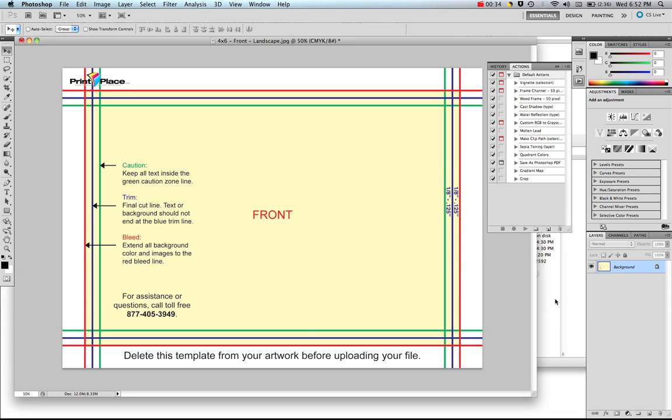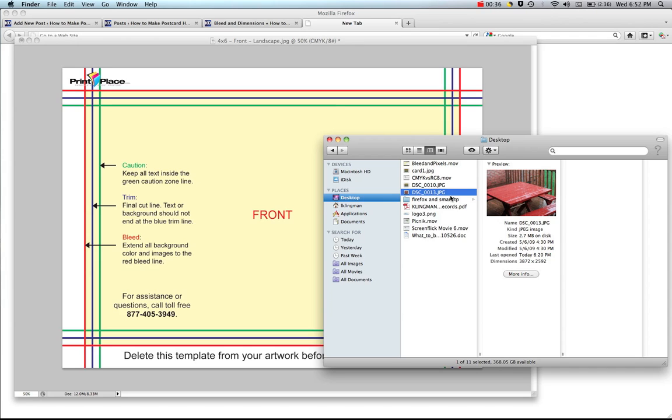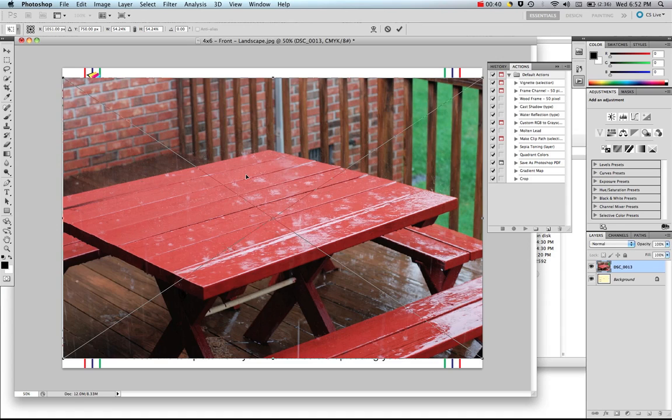So the first thing we need to do is insert our background image. I like this photo of a picnic table, so I'm going to drag that over and drop it on top. You'll notice now that we can no longer see our printing guidelines. But if we move to the background layer,